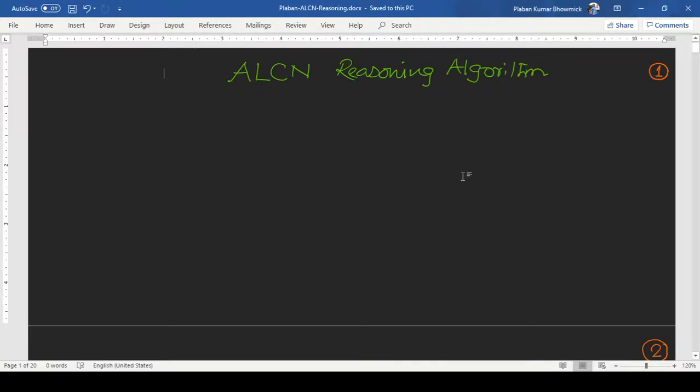Right. Now, before going to the formal description of the algorithm, let us start with a very small and very easy example. And I hope that this small example will give us enough perspective to develop our algorithm. Right. Now, to begin with, let me